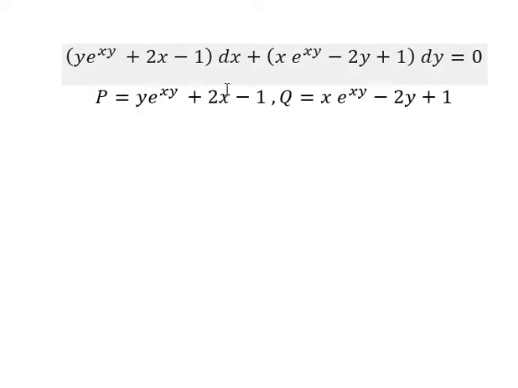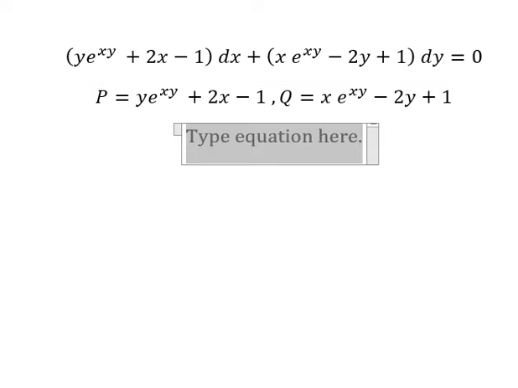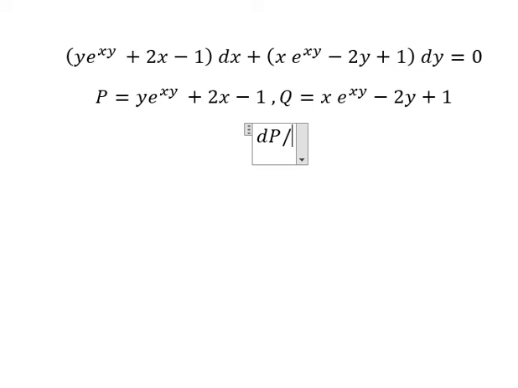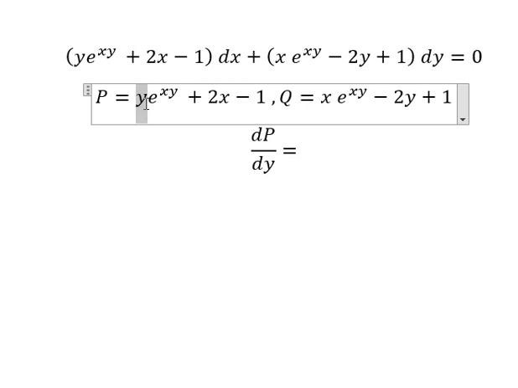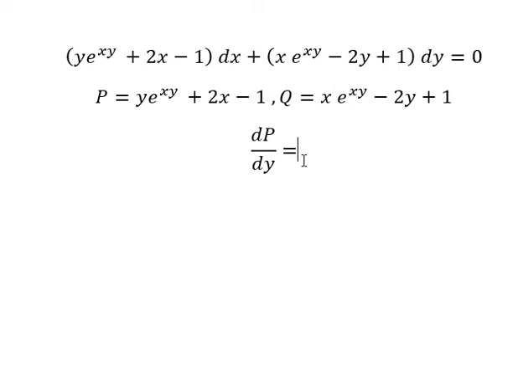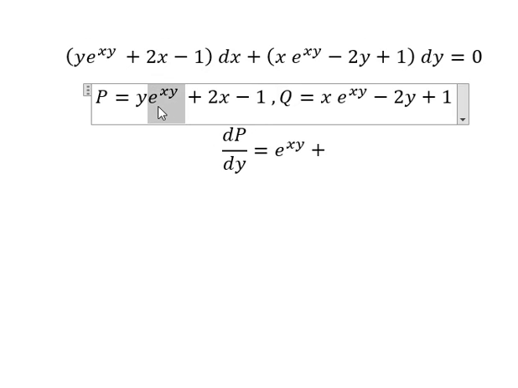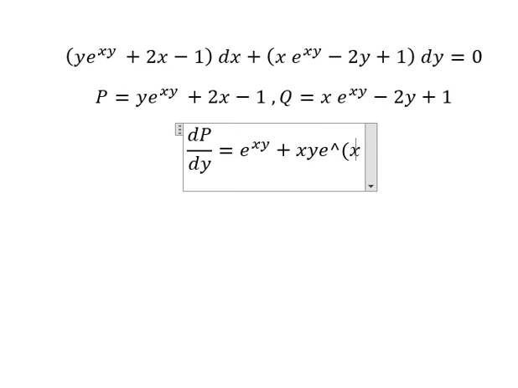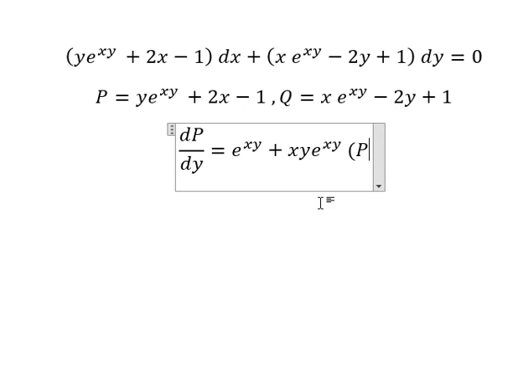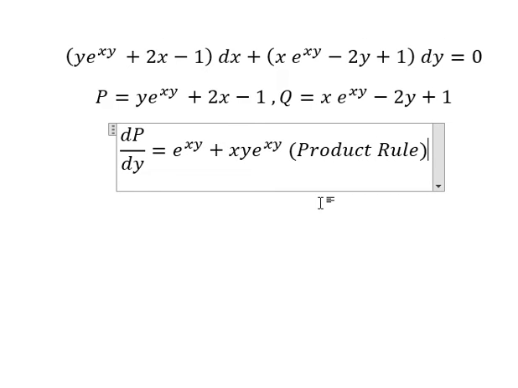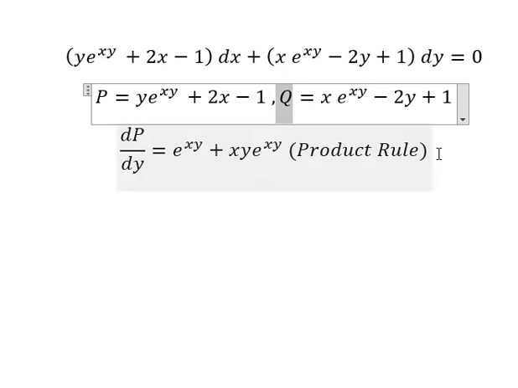So we have the x, that means we need to do first the derivative of b with respect to y. So we just have only this one. So first the derivative of y, we have number 1, so we have e to the power of xy. Later that we do first the derivative of e to the power of xy, so we have xe to the power of xy. So we have xye to the power of xy. So this is about the product rule of the derivative. Now about this one,